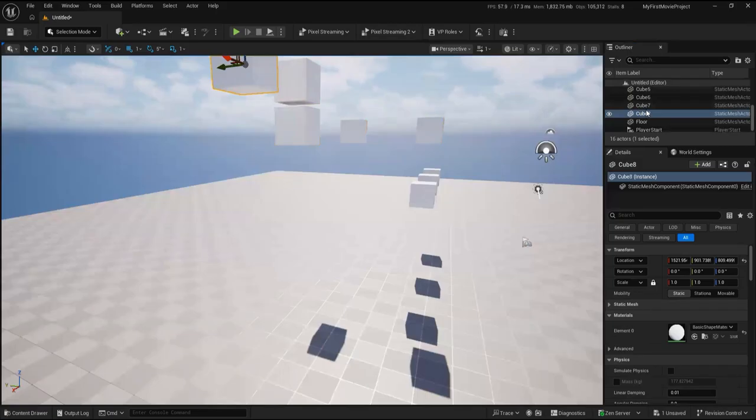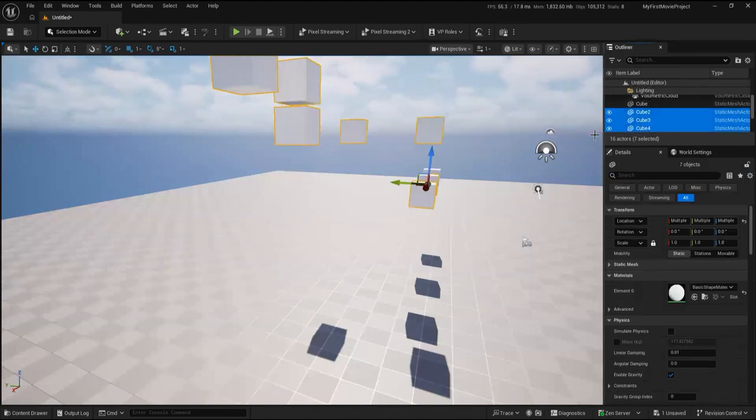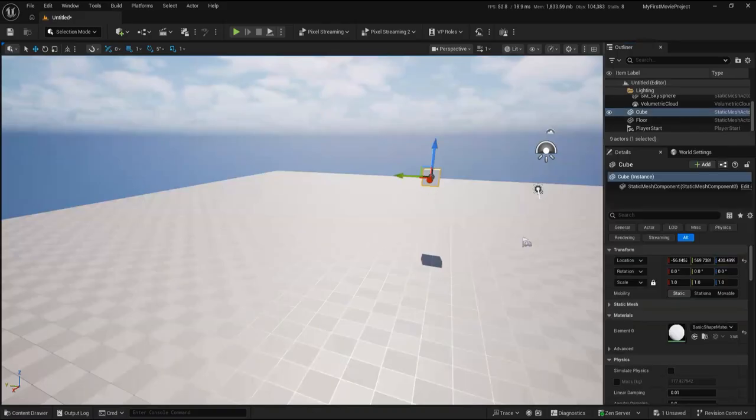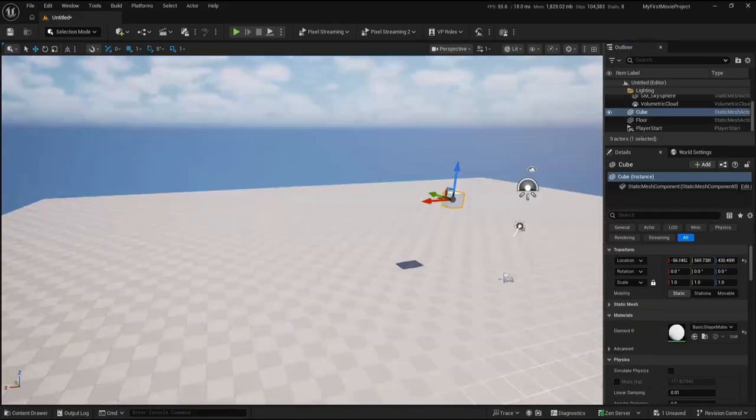So I don't want all those cubes, so I just hold on Shift to cube 2. I select all these cubes and I'm going to press D and delete it on my keyboard. So we're just left with this cube here. So that's the basic